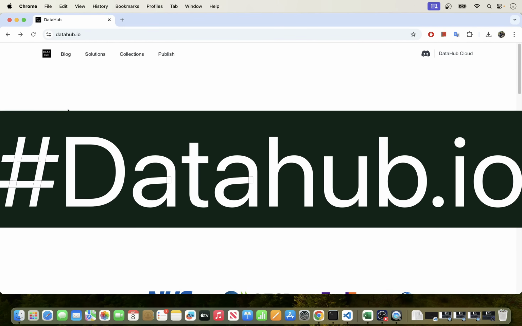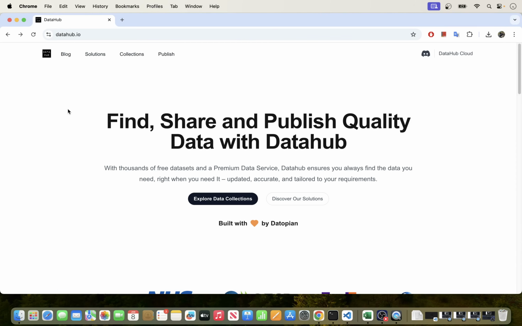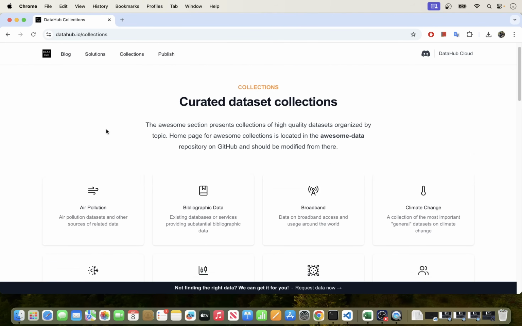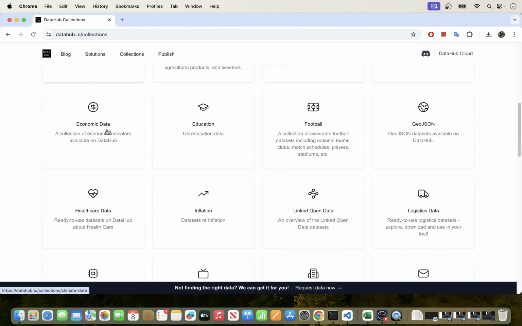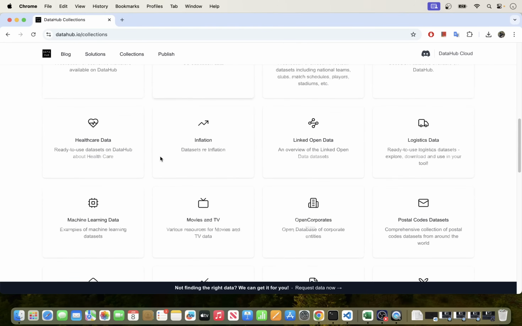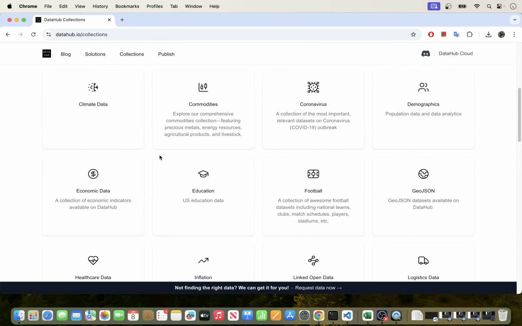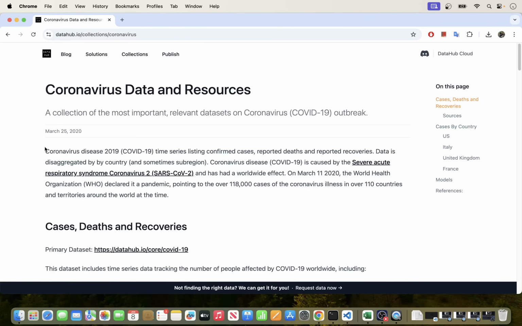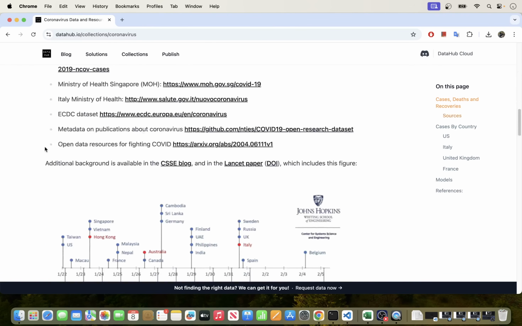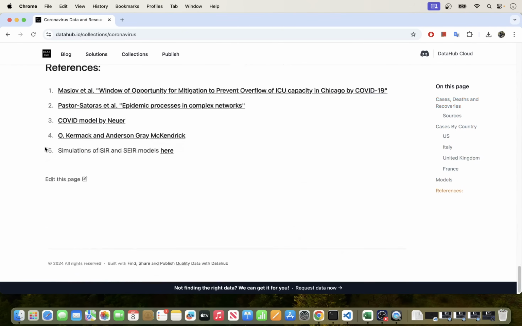datasets on finance, economics, public datasets, among other topics. It's simple to use and integrates very well with Python for seamless data integration. So all you have to do is go to Datahub.io in your browser, and right here, in order to access the data, you need to go to collections and just browse the topics here that you are interested in getting the data for. In this case, let's check the one here that we have. Maybe let's check coronavirus, and if you click there, you can actually scroll down here and read the article about